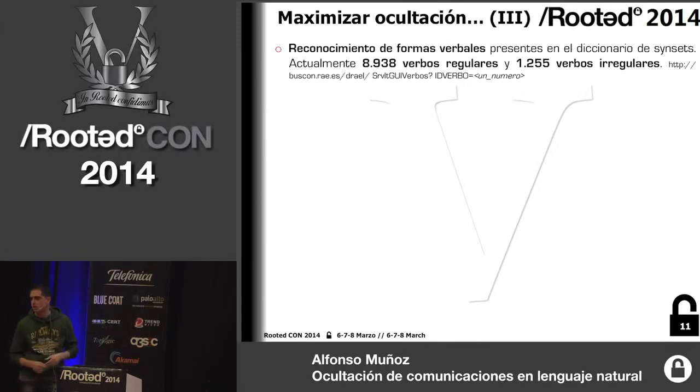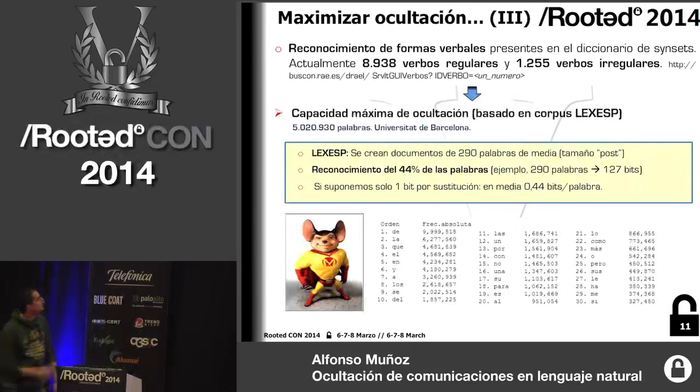Well, then I could see the number of verbs in the Spanish language. Then through a small script, I downloaded all the verbs of the Spanish language. They account for more or less 10,000 of them, both irregular and regular. So the tool detects the verbal form, transforms it into infinitive, goes into the dictionary of synonyms, and then converts it, for instance, love and appreciate. Okay, so no matter whether it is regular or irregular, after doing all these evil things,